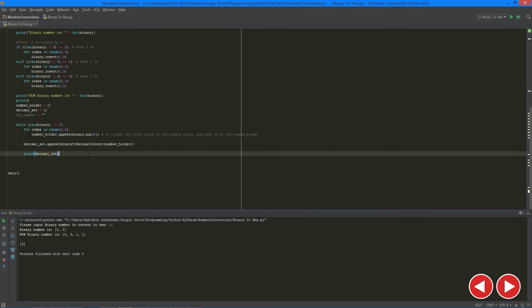Remember, always test. Always test. If you're still unconvinced, let's try a bigger number. Let's try 11011. This is 5 bits long, so we need 3 zeros in front of this to make it 8 bits, or 1 byte. So let's enter it. We have 11011, and we know we need 3 zeros to make it 8, so this is divisible by 4 nicely. So it adds 3 zeros,